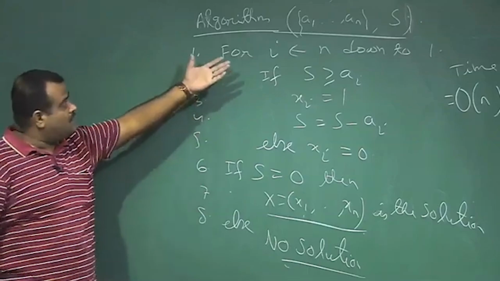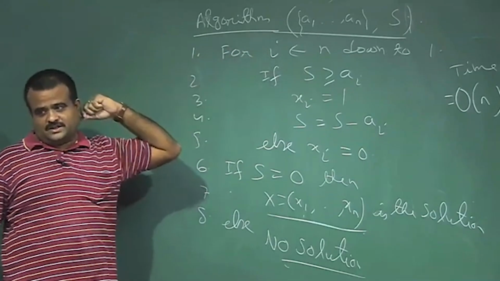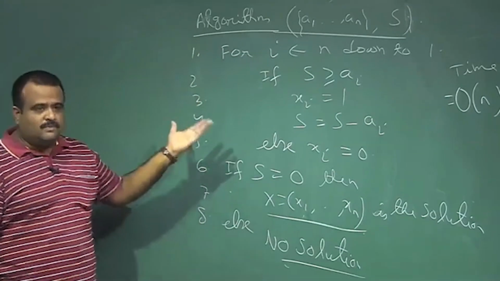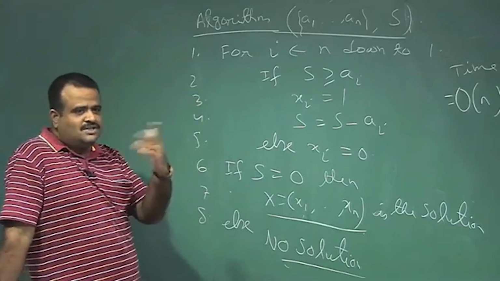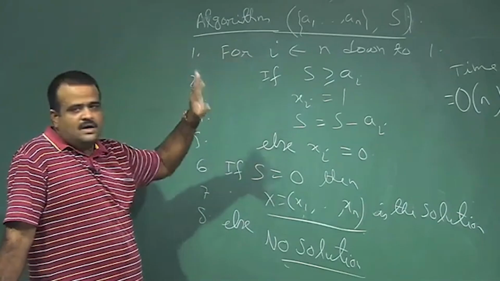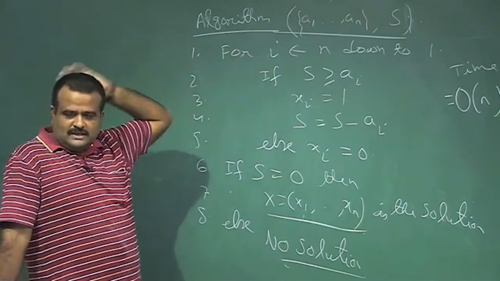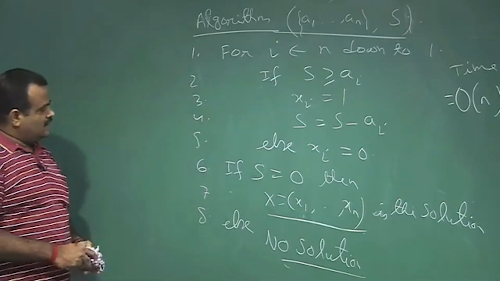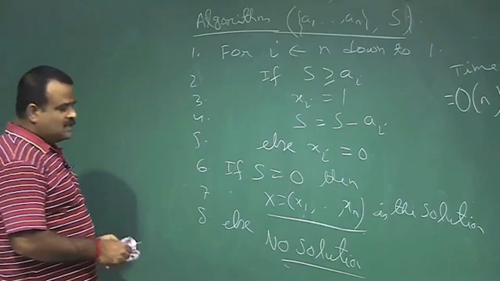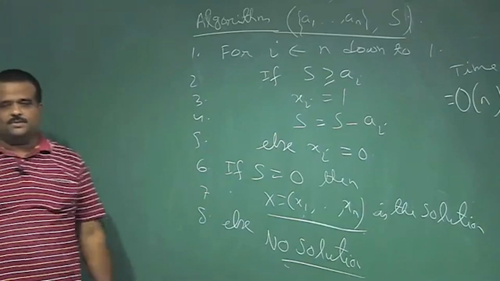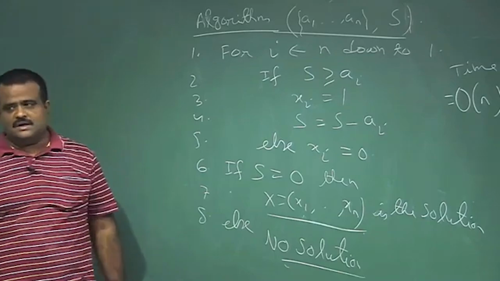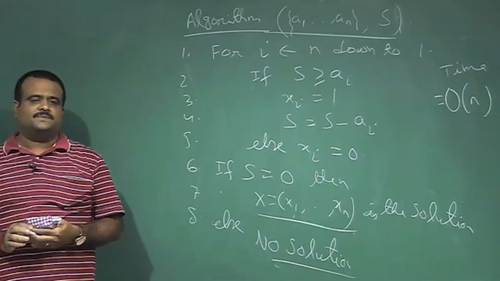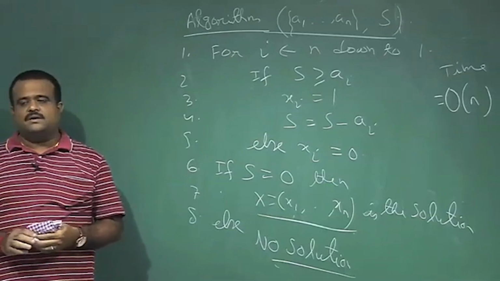Here we have a trapdoor. The trapdoor is that this sequence is a super increasing sequence. If this sequence is super increasing, then this problem is an easy problem. Otherwise, in general, this is a hard problem, if we do not have this information about the ai's, whether they are super increasing or not. So this is the knapsack problem. It is in general hard, but if our sequence is super increasing, then it is easy. So we want to use this knapsack or subset sum problem to build a crypto system,